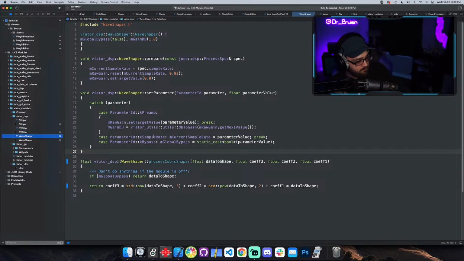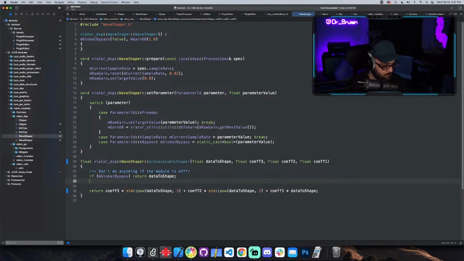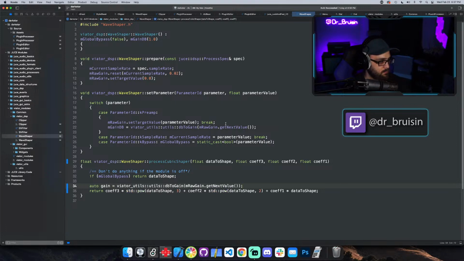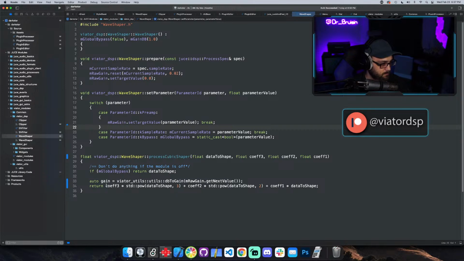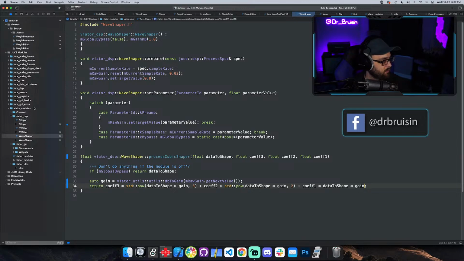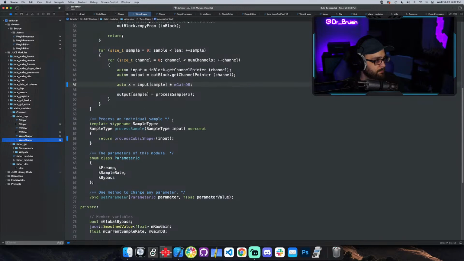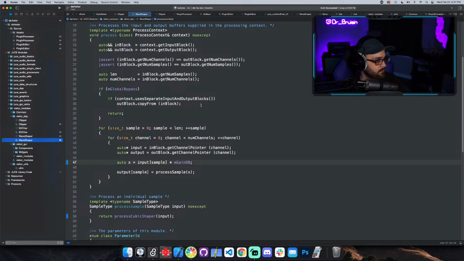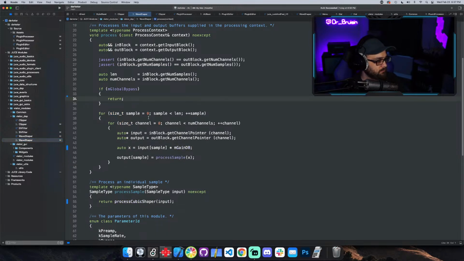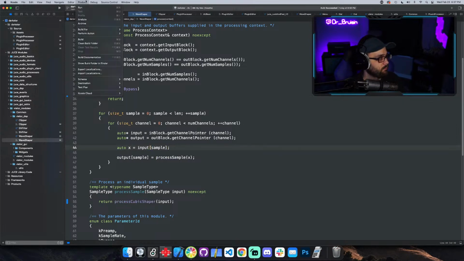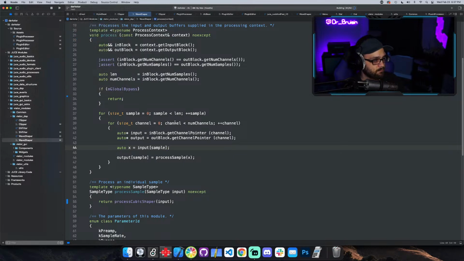You know what? I don't know if this is going to make a difference, but oh wait, the wave shaper still has this in there. In fact, while I'm here,